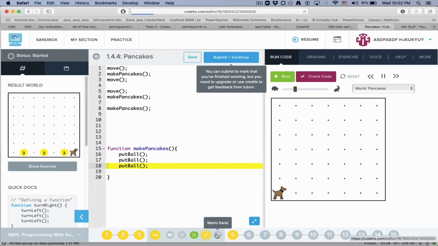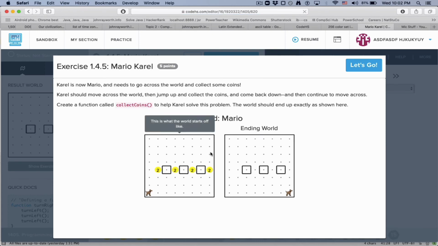That was pancakes. So Mario Corral, it's the same idea where you can solve it in a brute force way. You can just go line after line after line, and it'll be about 50 lines where you move, turn left, move, move, move, because you're bouncing up here and taking them like a Mario. So take ball, take ball. If you want to make it turn right, make it turn right, and you go turn right, move, move, move. So you can just have, like I say, 50 lines, or